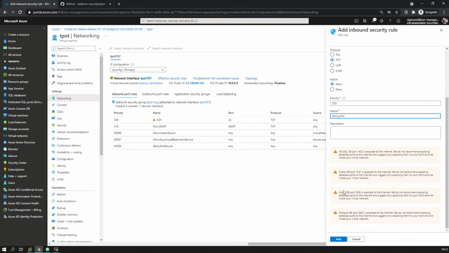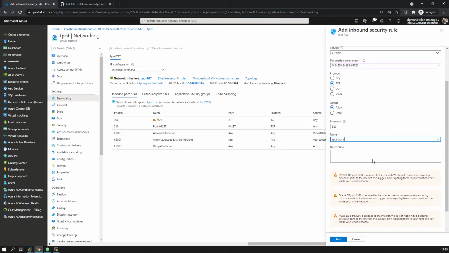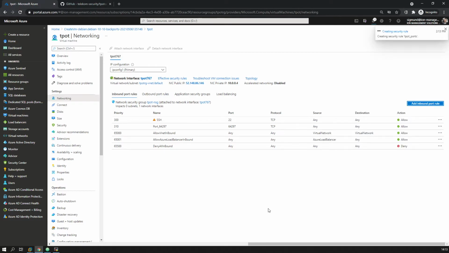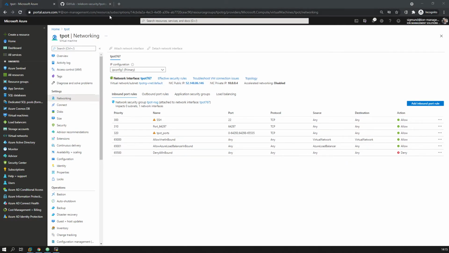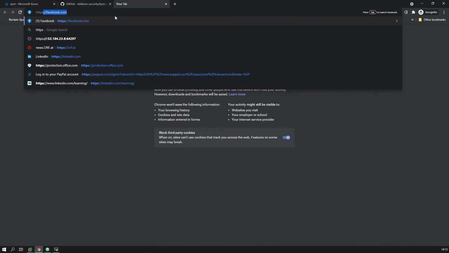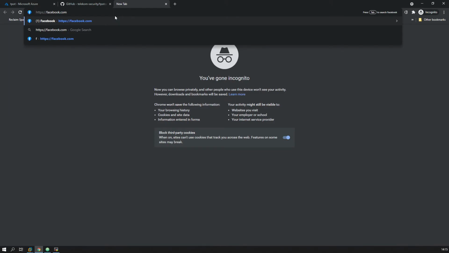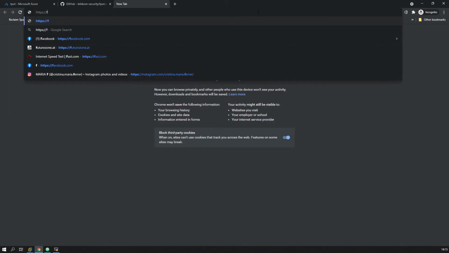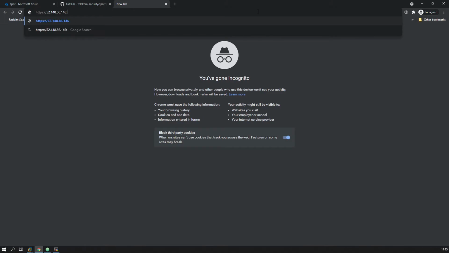ports. As you can see, you get a lot of warnings, and normally you wouldn't do that, obviously, right? But for our case, that's actually intended. We say okay with this as well, and wait for this to generate the rule, which again takes a couple of seconds. And then the next step, that's this done. And now the next step will be we go to the machine again. Okay. Now the next step that we're going to do is just go to the IP address we've copied before, and to the particular port that we've just allowed,